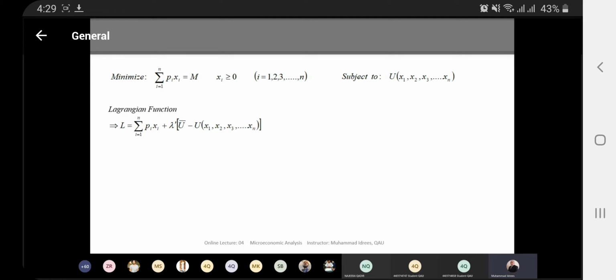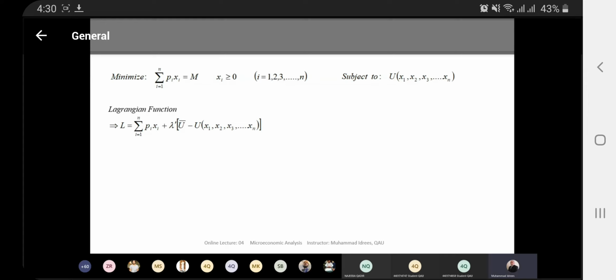Why do we need to differentiate? Because both have different interpretations, different meanings. And then in our coming lectures, we'll use these two lambdas together in our analysis. So for that purpose, we need to have different names. That's why one we have called lambda, and this one we have called lambda prime. So lambda prime means the Lagrangian multiplier which we have used for the case of expenditure minimization, and simple lambda means the Lagrangian multiplier which we have used for the case of utility maximization. So the first step would be to construct the Lagrangian function. So we have constructed the Lagrangian function.